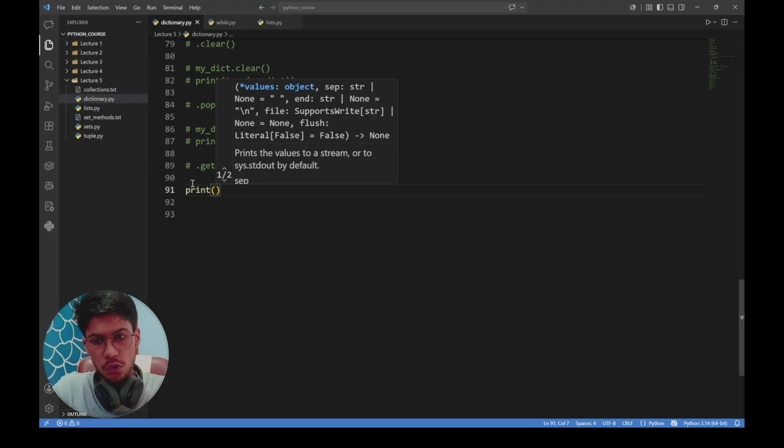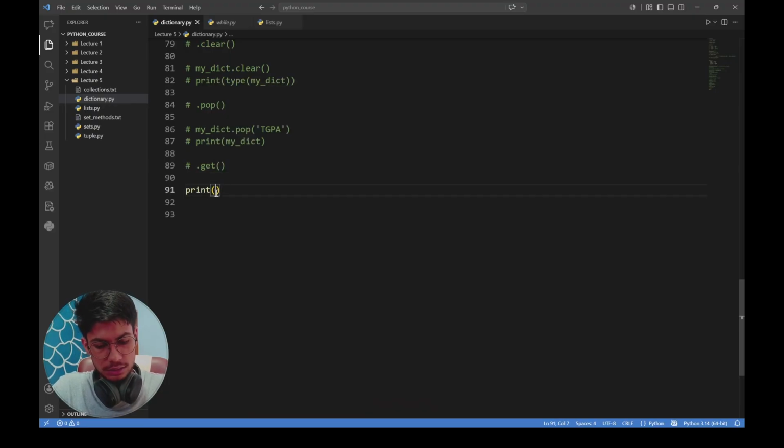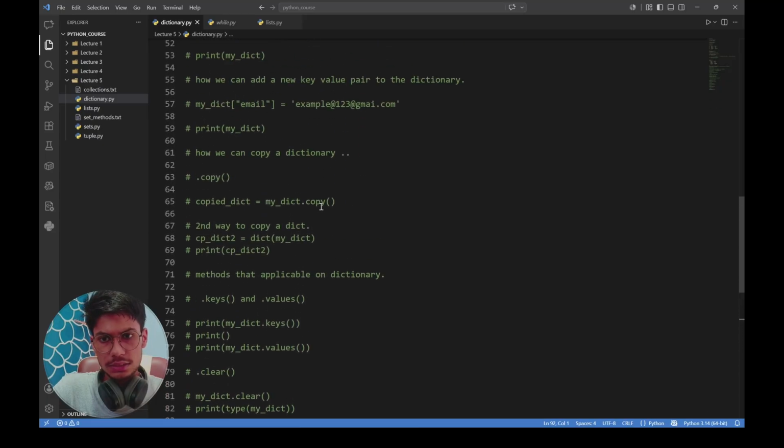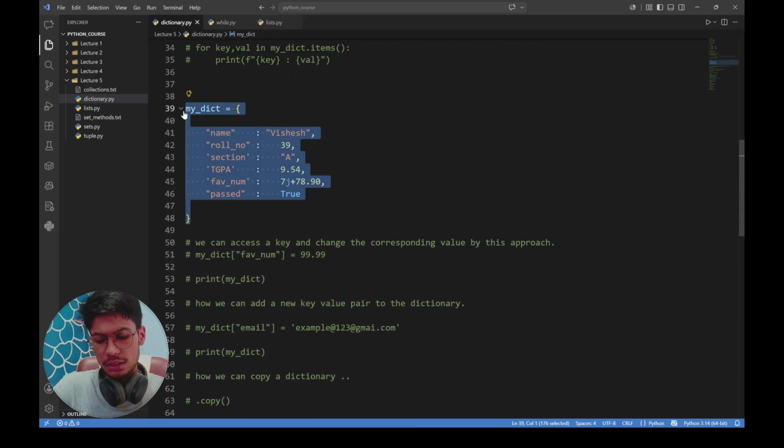That is, if you want to get a particular key's value from the dictionary, you can do it by this approach also, that is my dict and then the key name. But there are some limitations of this method, and those are, suppose I enter a key that does not exist in this dictionary, then in that case,